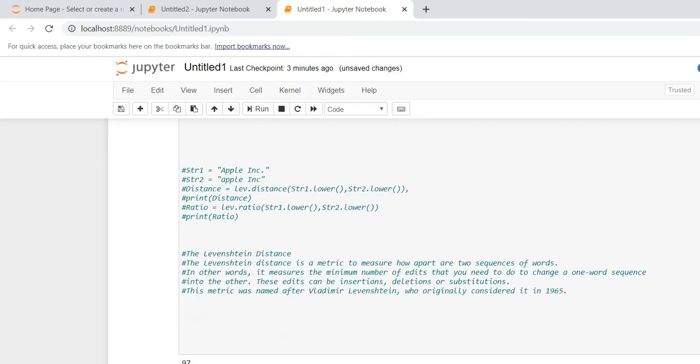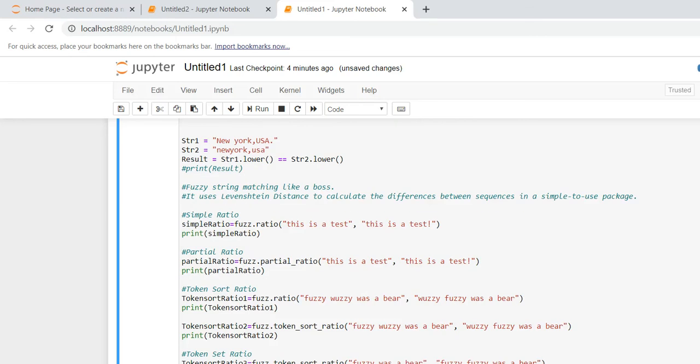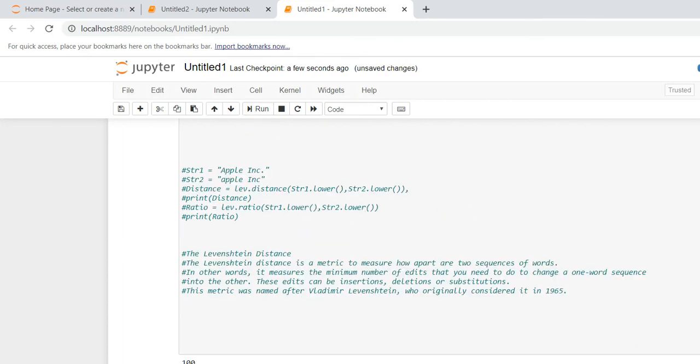You can see the sort ratio is showing 100. Even though your words are changed, for example here, I will comment out all the previous strings, and only the sort ratio, here you can see 100.